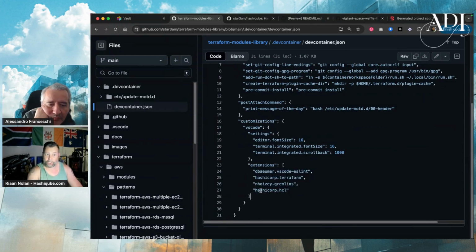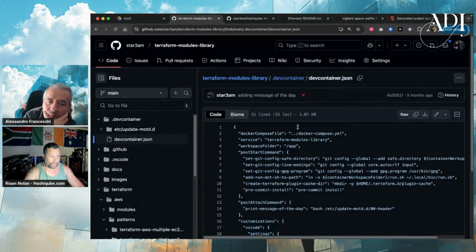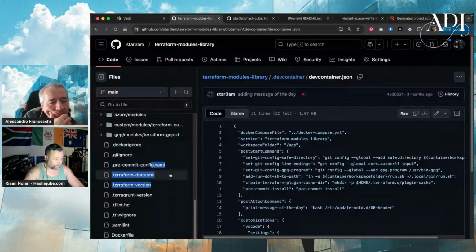Of course, if you have a Python project, this would be different. This would have Python extensions with some Python settings that you want to run and test with. And then in this devcontainer, again, it points to a Docker compose file. And this Docker compose file looks like,